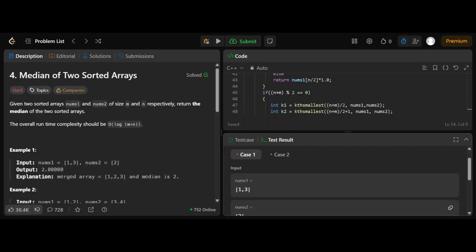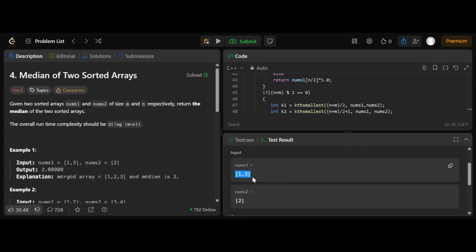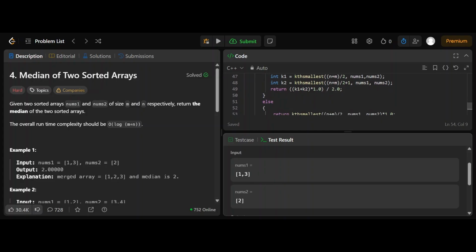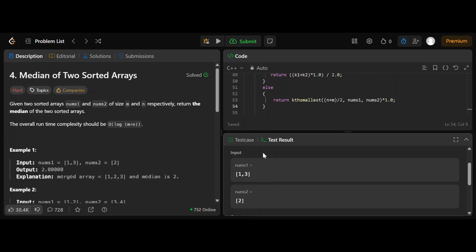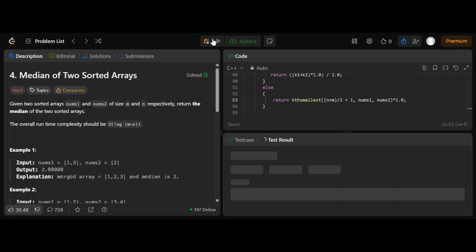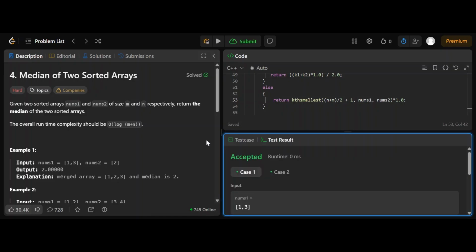Okay. This would be 1, 3. So 2 plus 1, 3. So n plus m would be 3, so I need to do 3 by 2. First smallest element? No. I need to find the second smallest element for 3. The second smallest element is nothing but n plus m by 2 plus 1. Right. Let's say. Okay. This way you can try and run the test cases and then you will be able to solve